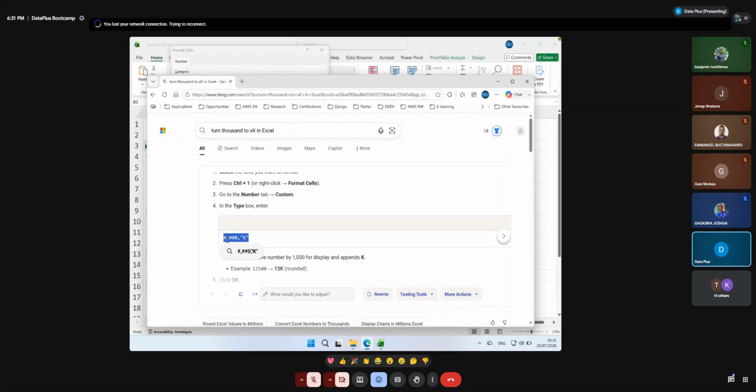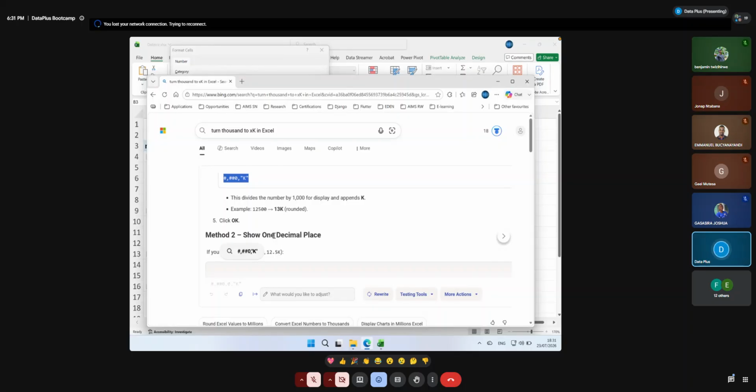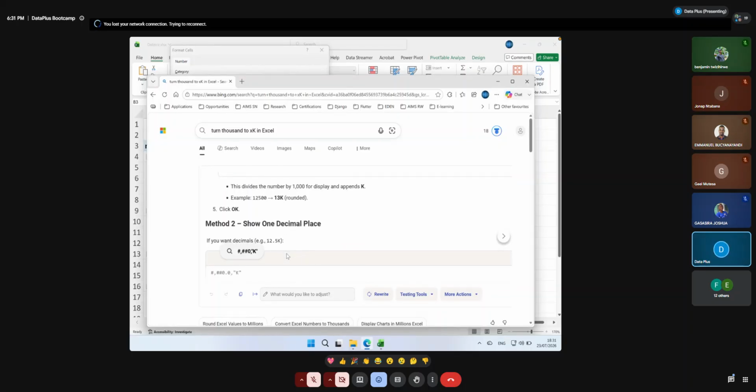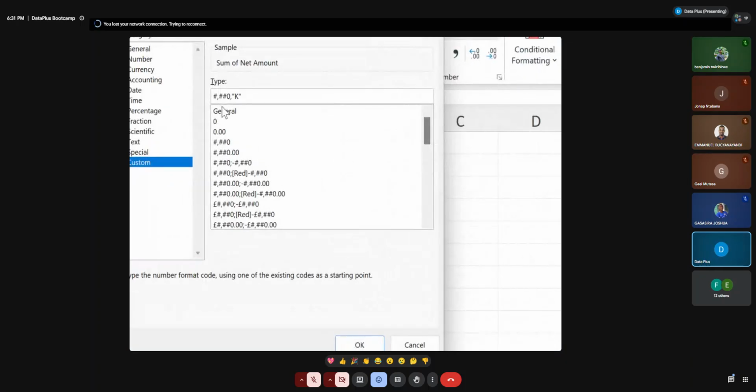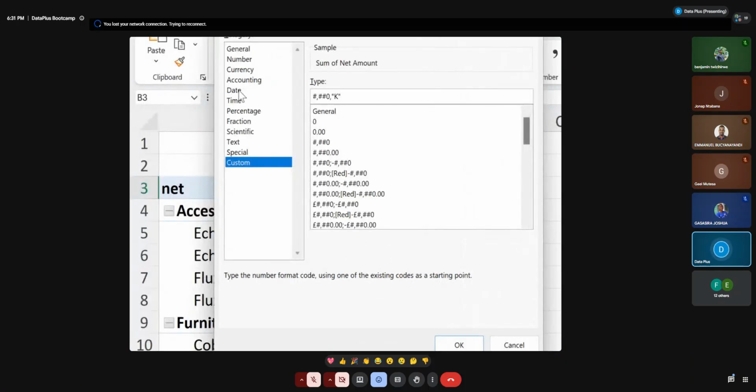Didn't work. Yeah, it's hash. So you have to put a dollar sign before hash. So you hash comma hash hash 0 comma and then k. Yeah, then we get it. Yeah, let's go back. Let me try to customize this one, and then I can copy and paste. So yeah, you take one of them and then you can copy and paste, or you can edit them. You can just click on one like this and you say